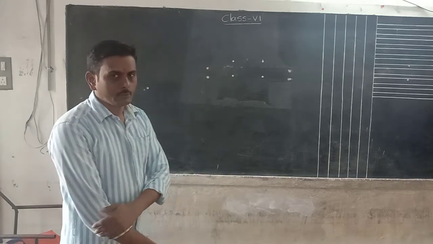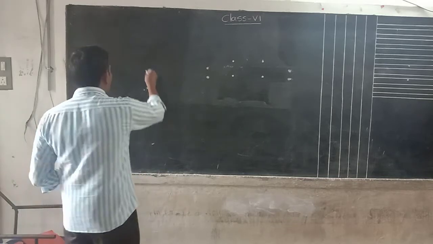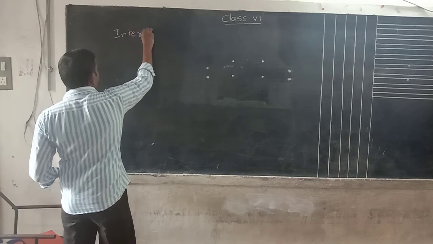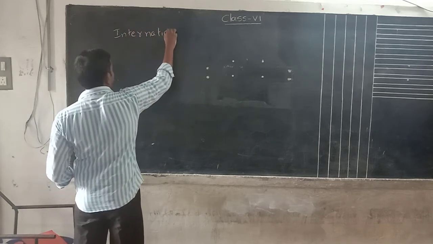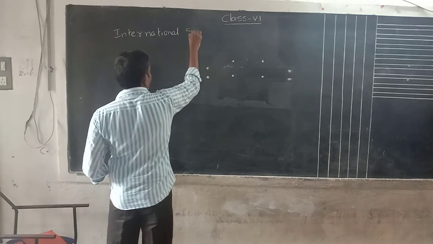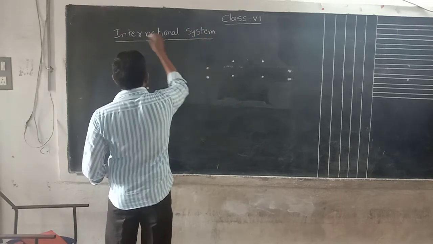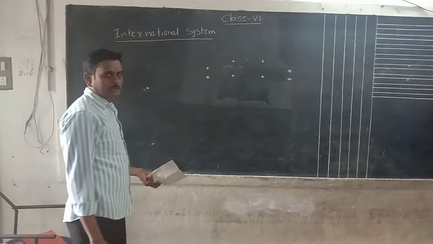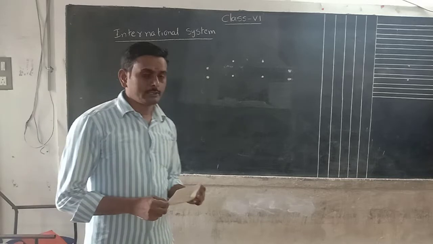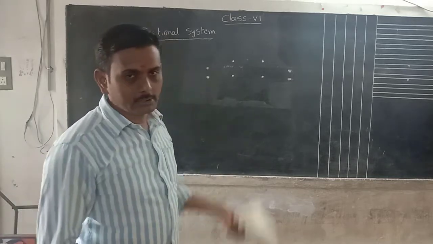Now we will go for the worldwide universal number system. What is that? The International number system. We can call it simply the international system. This is used worldwide. Many countries follow this one. If you want to deal with other countries with numbers, then we will follow the international system only.